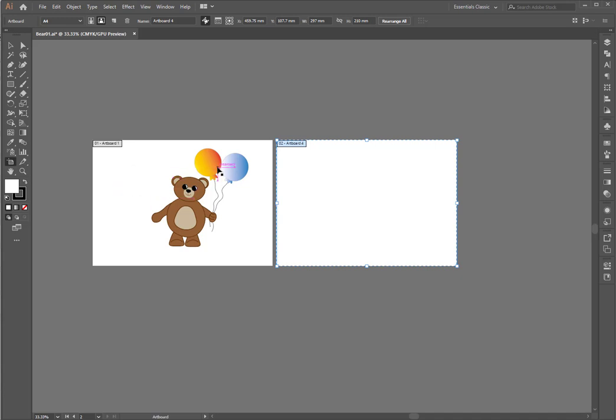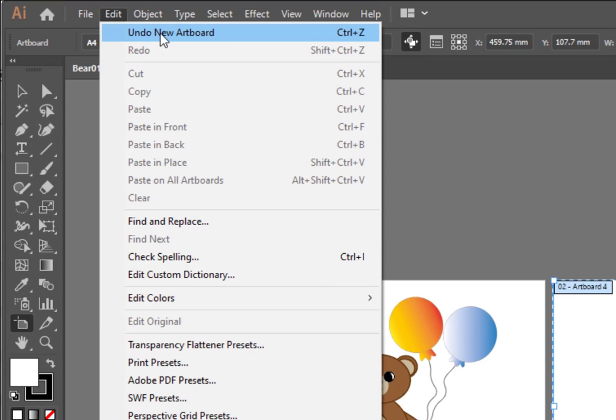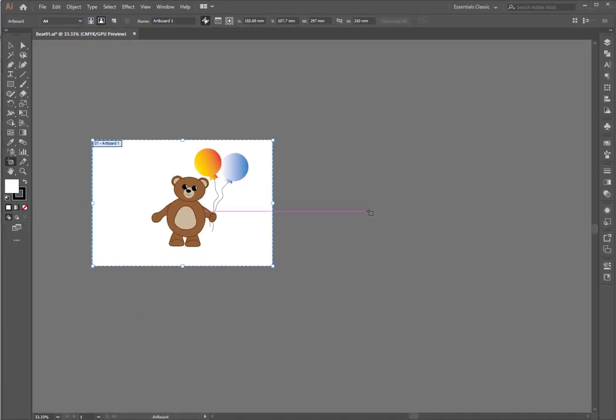So there is another way to do this. So I'm going to hit Control Z, or you can do this from here to undo. Okay, to undo, you can either hit the shortcut keys Control plus Z, or you can go to Edit and use the undo button over here. So I'm going to do this. And so there's another way to copy the artboard, but